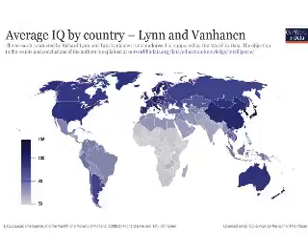IQ differences worldwide. As you can see, when people have taken IQ tests, those living in East Asia or China, Mongolia, Japan, Korea, and so on, and people living in Western Europe and North America, they have the darker shade, so they have the highest IQ. And the lowest IQ belongs to people living in sub-Saharan Africa. Now, this is a map provided by two famous psychologists who studied this, Lynn and Vanhanen, studying IQ differences